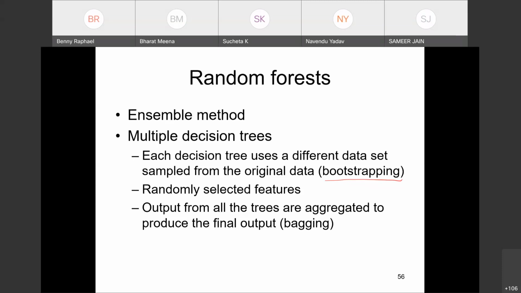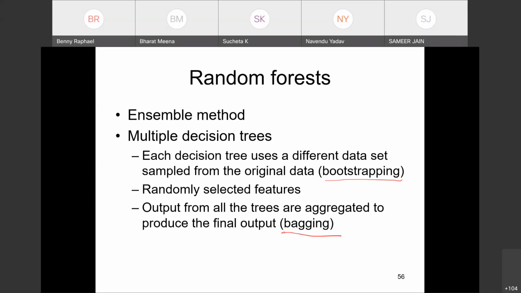So you use the first 500 to train the first tree, and then repeat the process, do the sampling, select another 500, form another tree, and potentially these trees could be completely different and could predict something totally different. So with multiple trees, you see what is the prediction. And for all these ensemble methods, we need to have some method of aggregating the information. So one method is bagging.